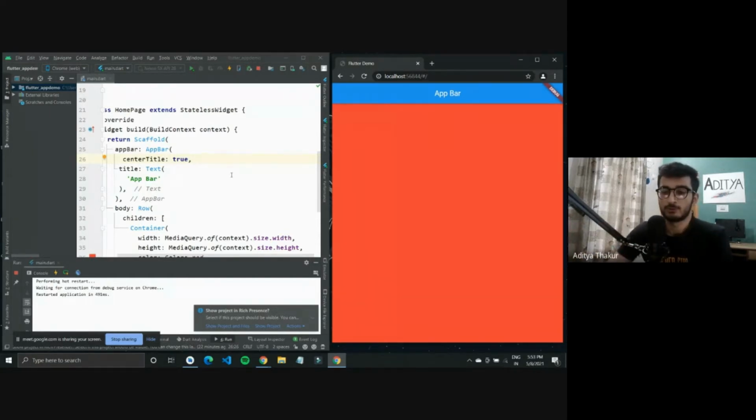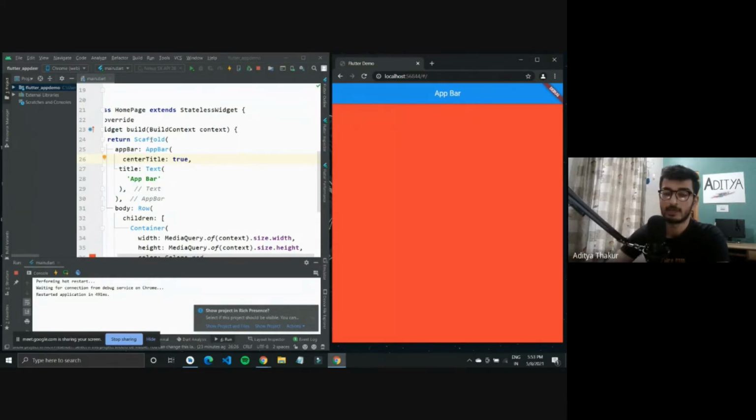So what I want to show with this is that there are these four basic widgets that I wanted to show: app bar, row, column, text, and the container widget. And I wanted to show how simple it is to write code. First of all, you have all these widgets that you can place one on top of the other, and then you have all these properties that you can define.